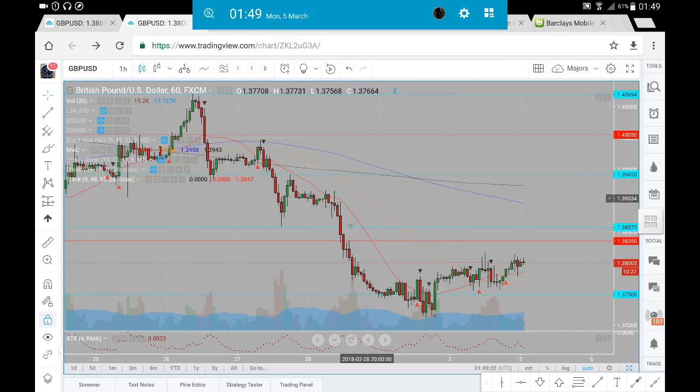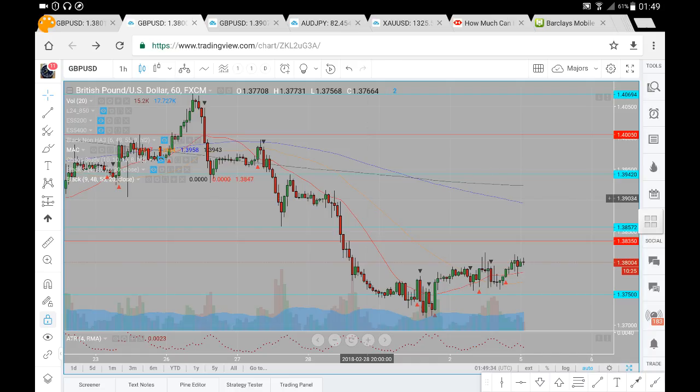So this is the pound dollar analysis for Monday the 5th of March. Now, let's have a look at prices and where they may likely go. So previously we've had prices come down beneath this